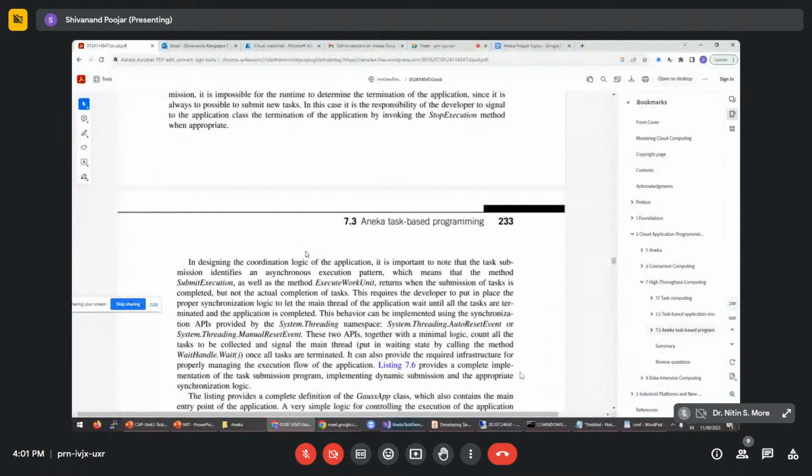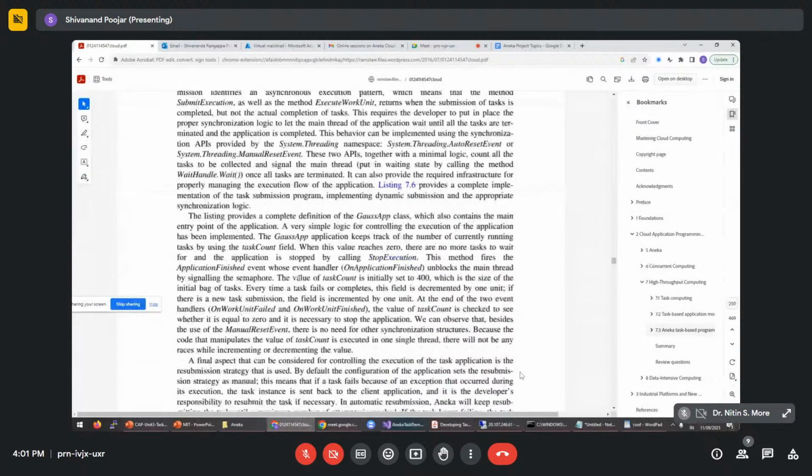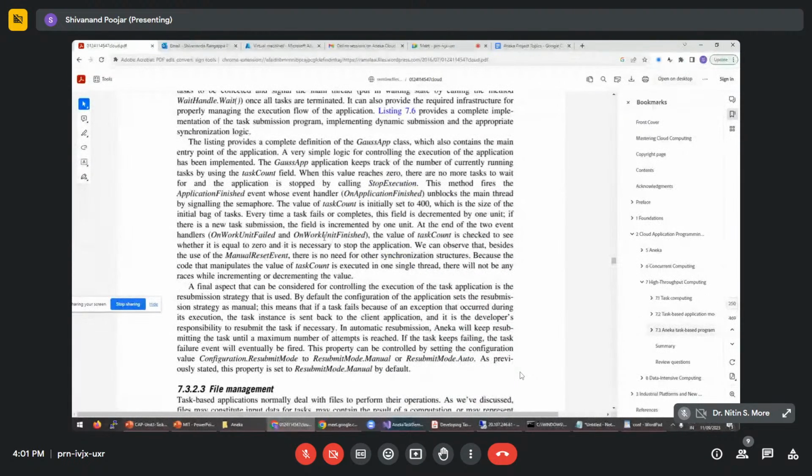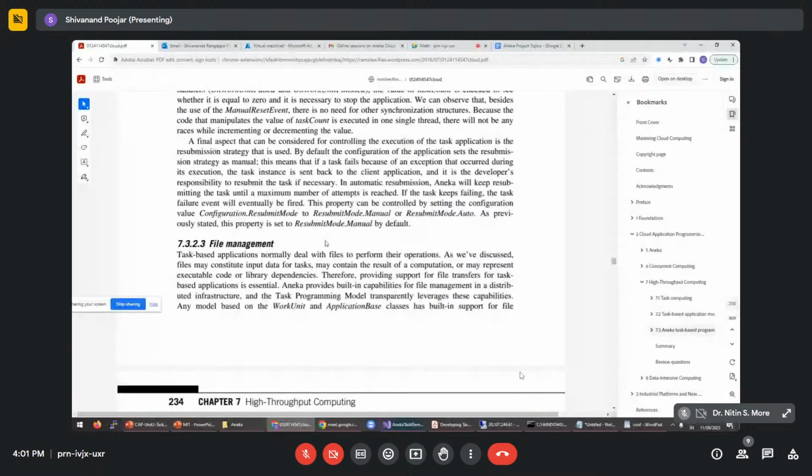So let's go to the next part. These are very simple non-dependency kinds of tasks, and you can also set the file management properties for your tasks. What could be your input file, what could be the output file, where the file has to be stored, and in this kind of dependency or workflow environment,